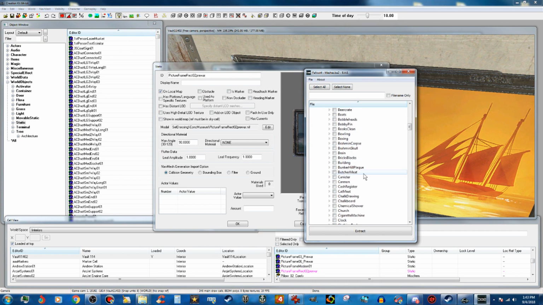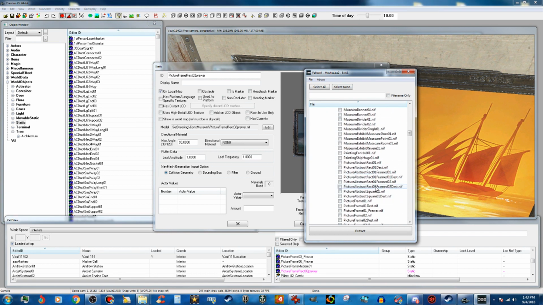And I'm going to go down until I find Concord Museum. Here we are. And scroll down here, and you can see all the picture frames here. So what I want is picture frame rectangle pre-war. So I'm actually going to grab